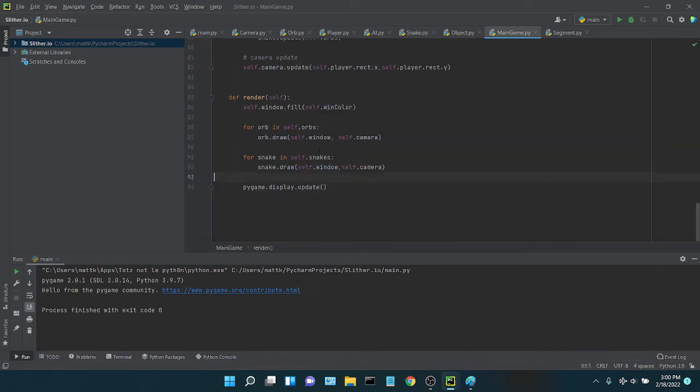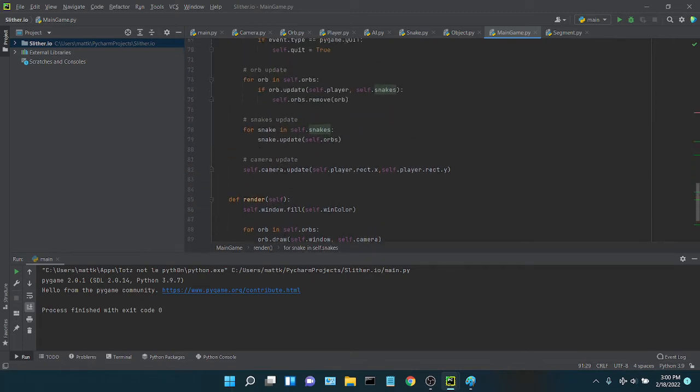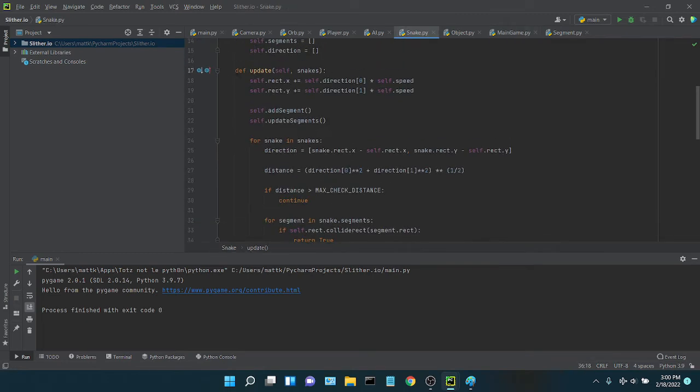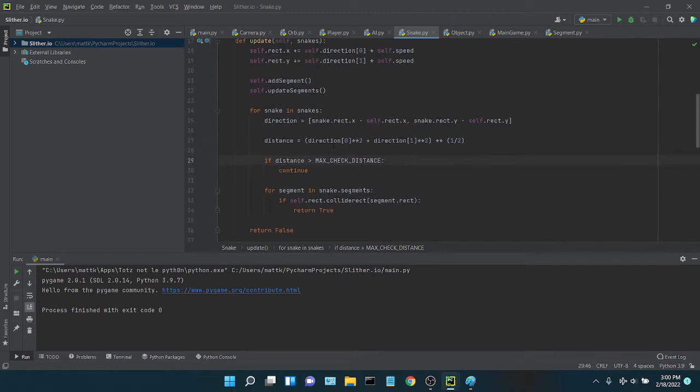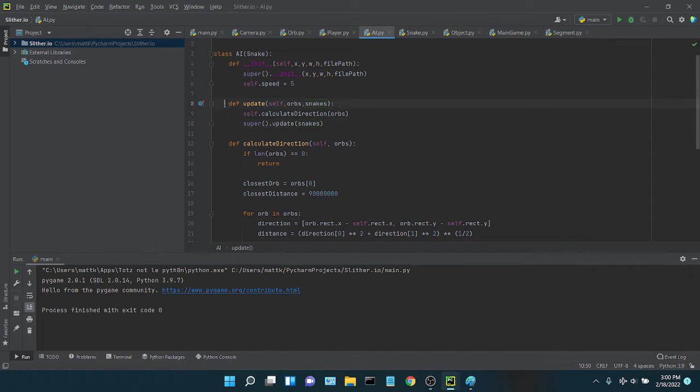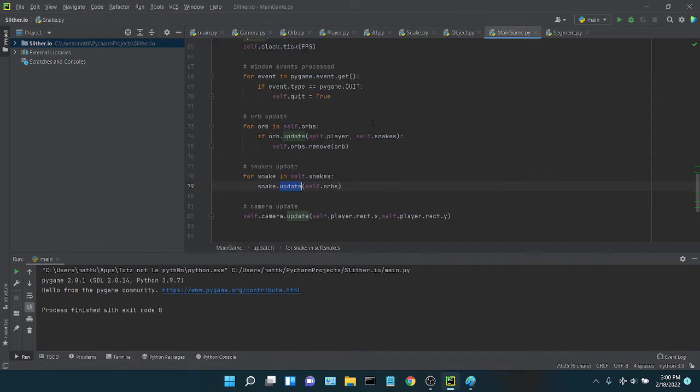In our main game, we have the loop, snake in self.snakes. This is where we call the update function. This update function is not the snake update function. Remember, we are using inheritance. It's actually going to be the player update function and the AI update function. Now, their update functions call the snake update function,